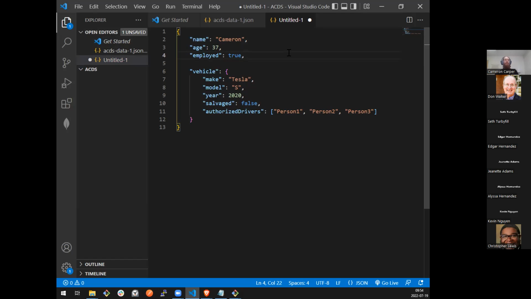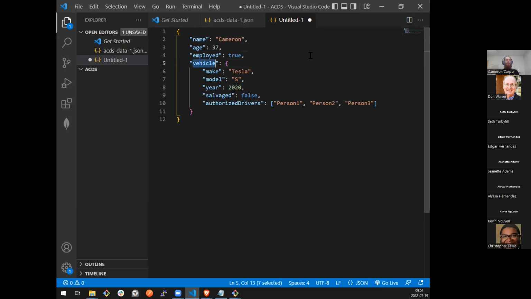That's all well and good, but where the power really comes from and where Mongo and document storage in general differentiate themselves dramatically from relational databases is that we can store objects and arrays. So again, this is still a single JSON document. Now I have a property named vehicle.